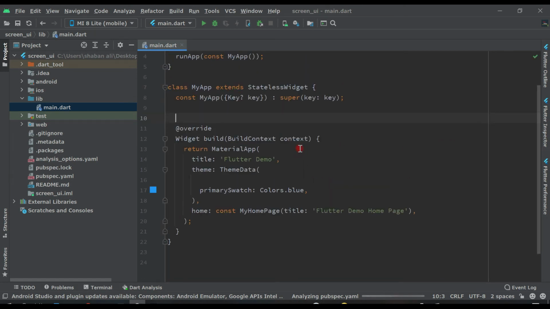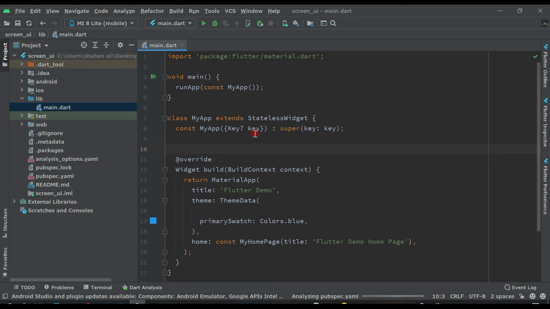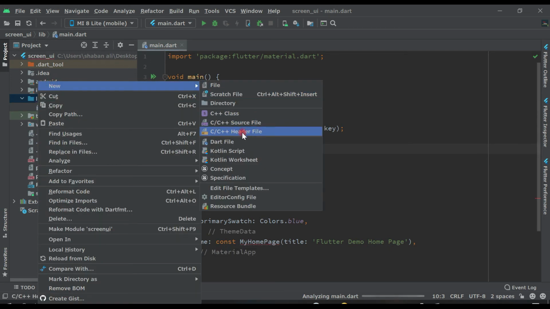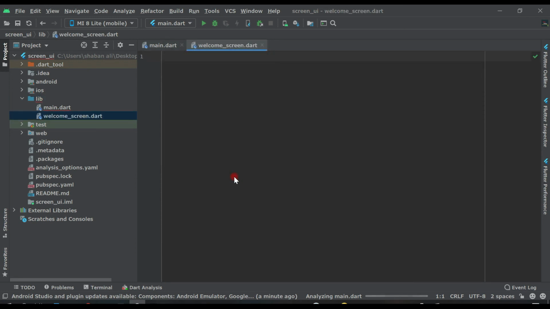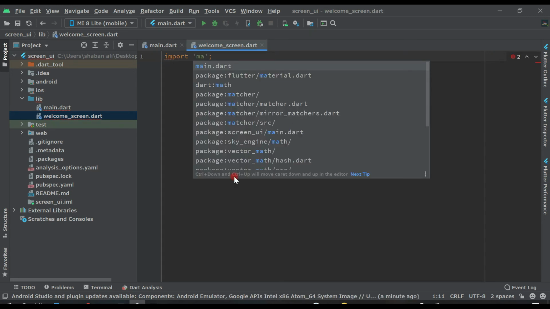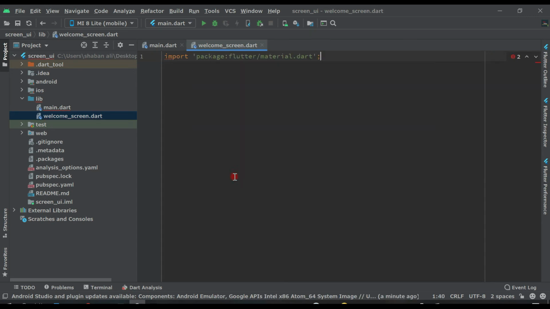We need some screens, so let's create the screens, the pages. Right click on lib, new, dart file, and it will be welcome underscore screen, press enter and import material dart.